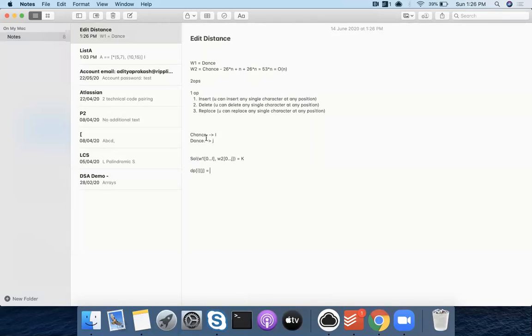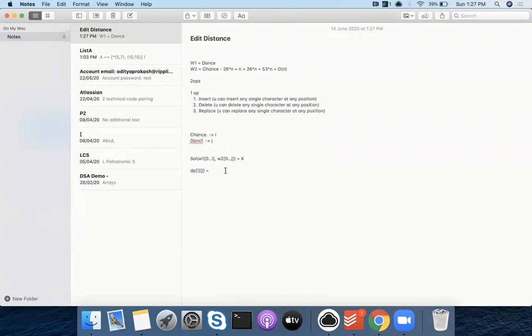So let's say my i and j are here. Now I have E and E, right? Both E are the same. So if I know that in K edit distance I can solve the prefixes, then with this E being the same in both places, I don't need to do any operation. Let's say it was not the same, it was F. Then all I need to do is, since DANC can be converted into CHANC in K steps, convert E to F, which takes one replace.